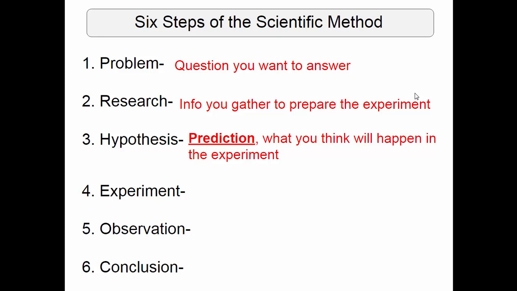Are you guaranteed that it will be correct? Is it okay if it's incorrect? If you do your experiment and find out it wasn't correct, you go back and change what you wrote? No. It's okay. If your hypothesis is incorrect, have you still learned something? Yeah, you still have learned something in the experiment. You still have gathered some new information. So it's okay that a hypothesis is incorrect.